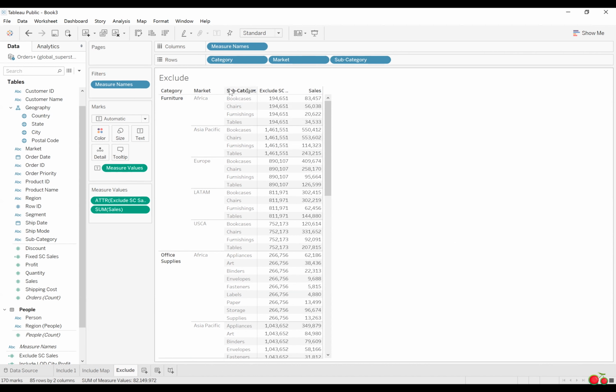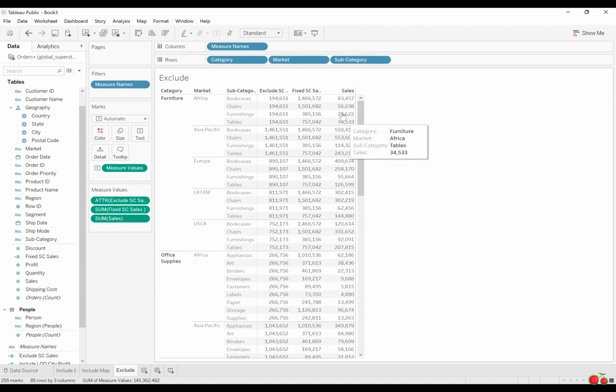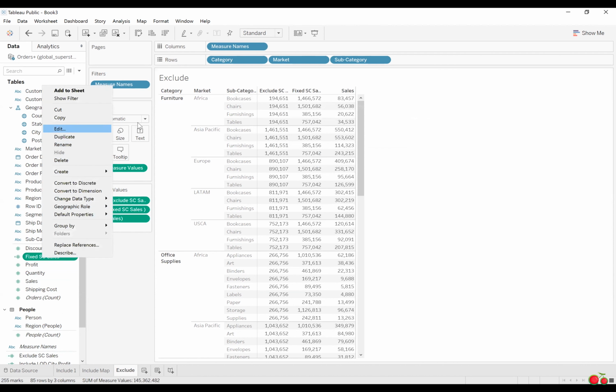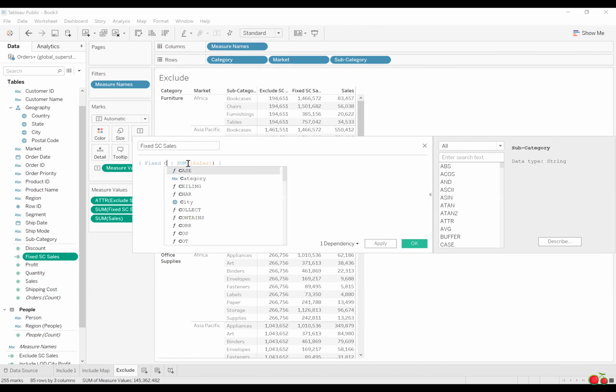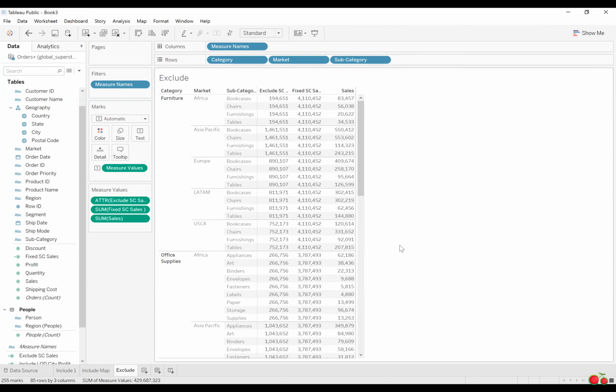So the dimensions that you use are very important. That's where include and exclude comes in a little bit handy. If you take fixed, and I drop this out here, it's fixed on the subcategory level. So actually, I should have done fixed at category. Let me change that real quick. I'm sorry. Get a better example. So if I do fixed, let's do category. Click OK. So if I remove market,